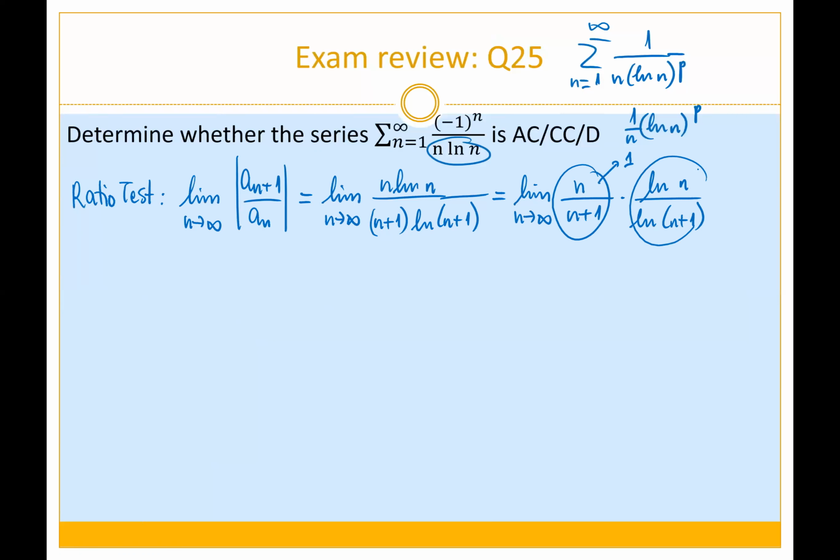And this part is also approaching 1, because if you plug it in, you get infinity over infinity. If you use L'Hopital's rule for this, you'll find that this one is also approaching 1. And so the entire thing is just going to be 1, which makes the ratio test inconclusive. So the next thing we're going to try is other tests, like comparison tests, alternating series tests, or